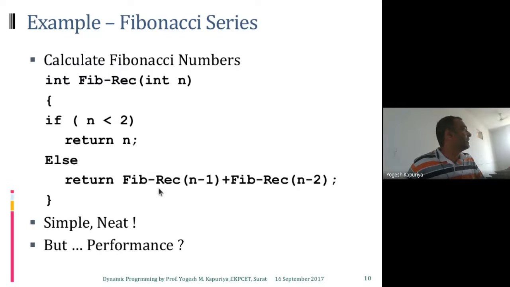You cannot go for the step count approach because you don't know the time complexity of this. When does step count come in handy? When you actually know the time complexity. You know that if n is less than 2, step count is 1. Return n, step count is 1. If you have a for loop, then you know that this will be executing n times. So the step count is n.